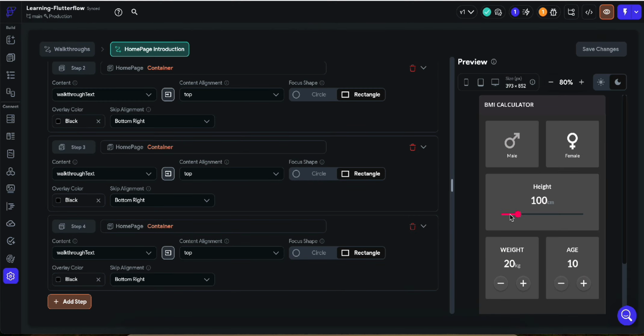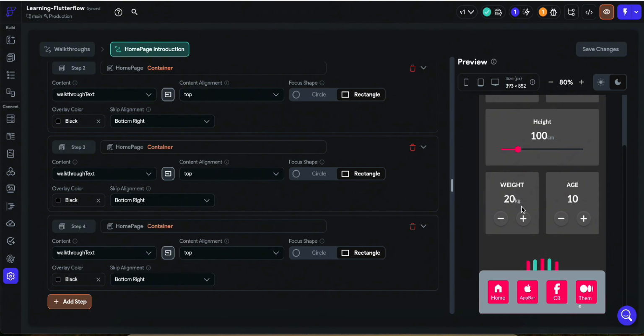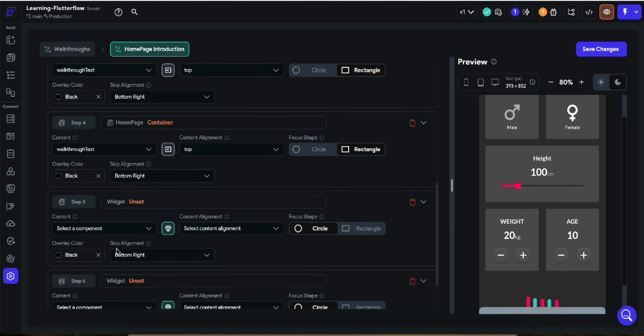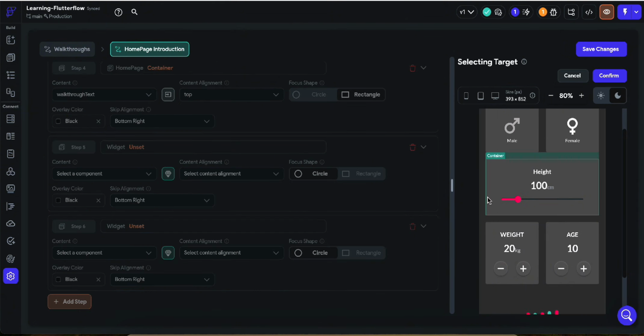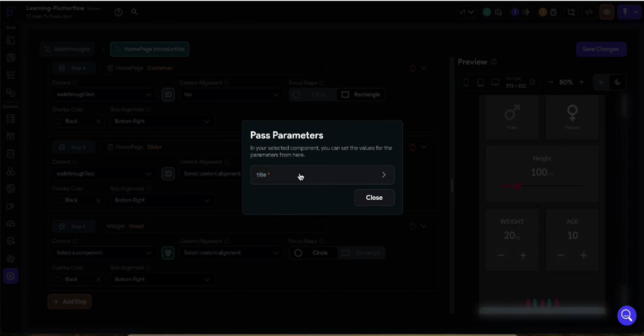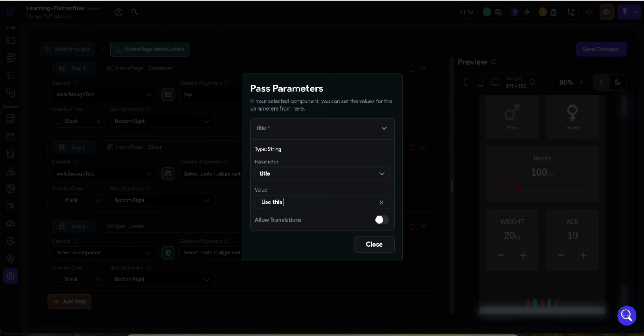Maybe if you also want to show what this feature can do and what that feature can do, you can also do this. Let's suppose you want to add another step. We want to add a step for height, just to show you how we can do this. So this is height, and we can select this slider. So slider, and we can select our component, and here we are going to say, use this slider to set your height in